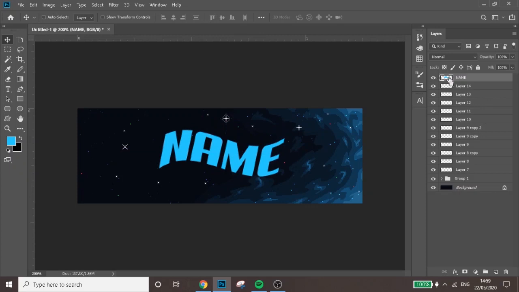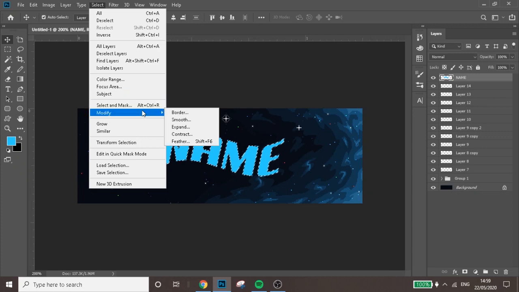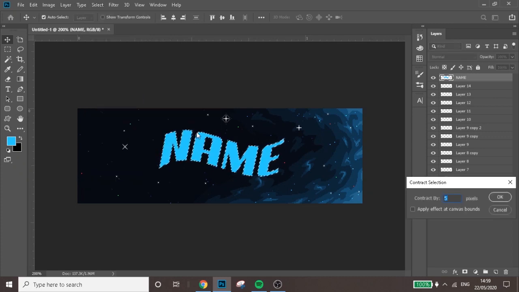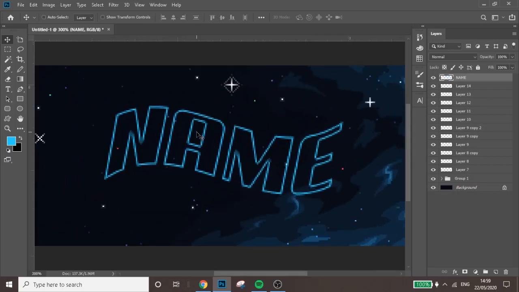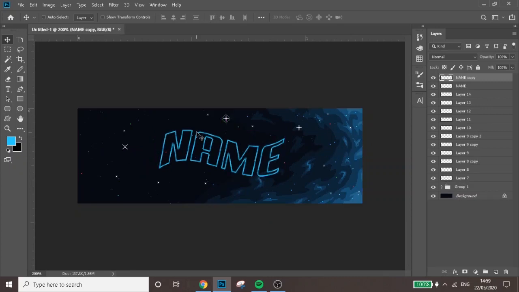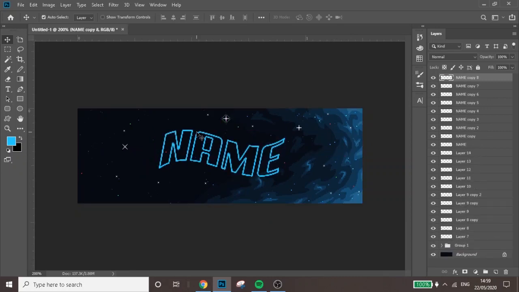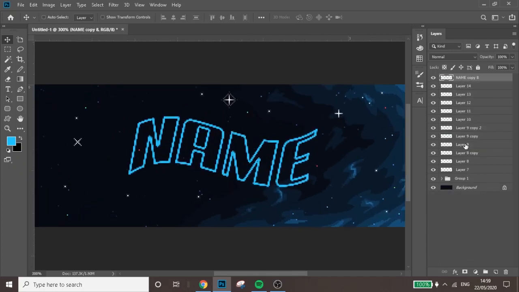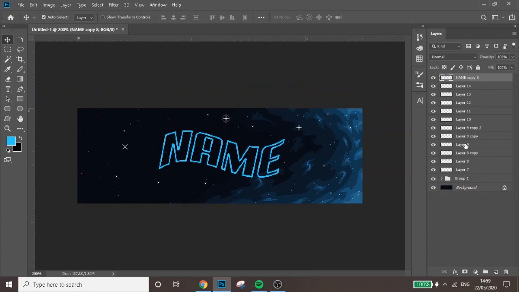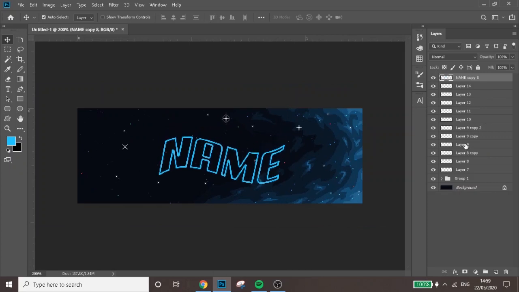And then if you control click on the thumbnail of the text and then go to select, modify, contract, and contract by like 1 and press delete on your keyboard, you've got a nice little outline. And obviously it's very blurry, so what you want to do is just duplicate it loads of times by pressing Ctrl J, and you get a nice little outline of a name there. And you can add other things to it, make it look glowing. But I don't want this tutorial to go on for too long,